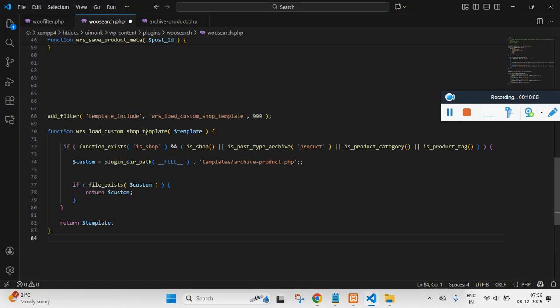is called template include. So I'm saying to WordPress, whenever people are looking for shop, or looking for a category or tag, when WordPress looks for archive.product, instead of showing archive.product, show my file. This path will say where your file is located. So this is my plugin path, along with the structure that we have created right now. And if the file exists, then display it, or else show the old